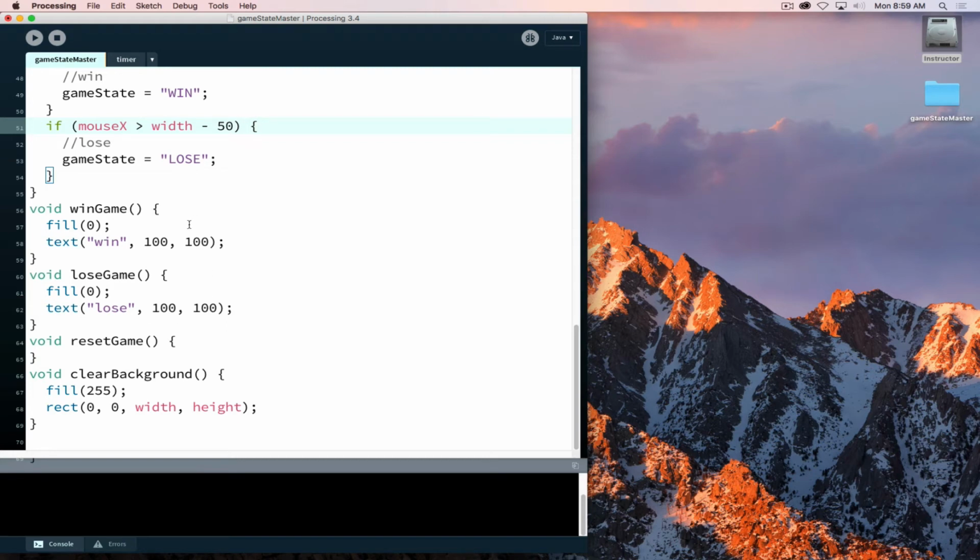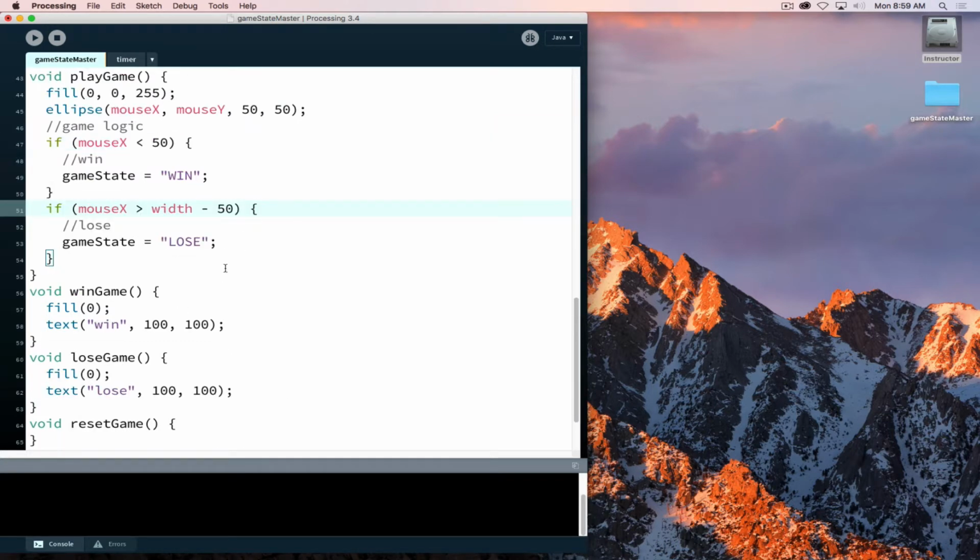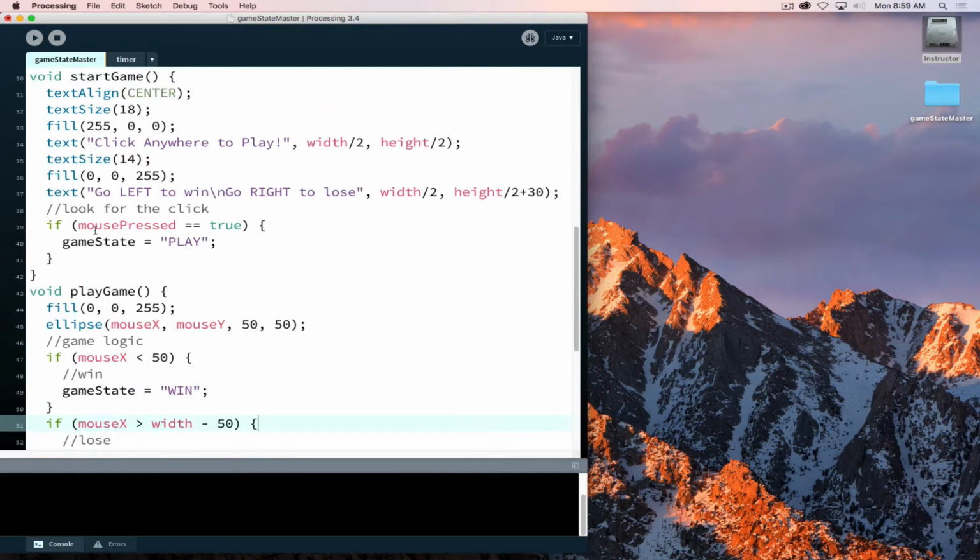Now that the game goes to win and lose, we need to be able to get off of those. It's fairly straightforward in that we can recycle similar to what we have with the start game screen. Put some text on screen, and then we look for the mouse pressed. So I'm going to copy all of this, paste it on screen, and then just change the words around, and